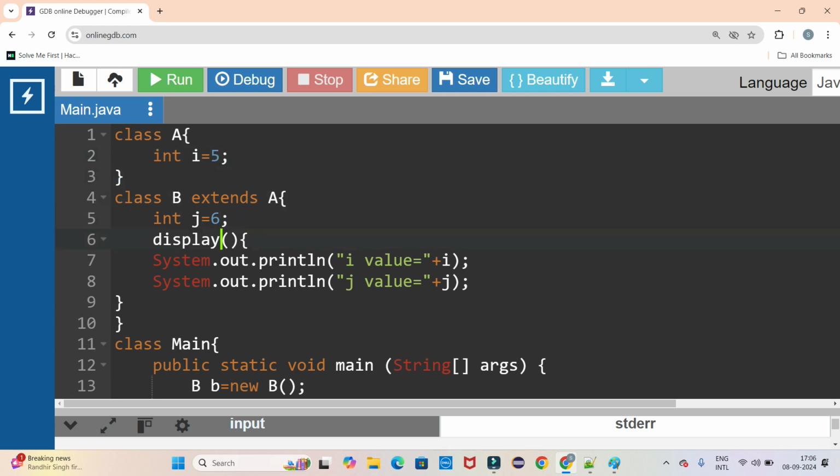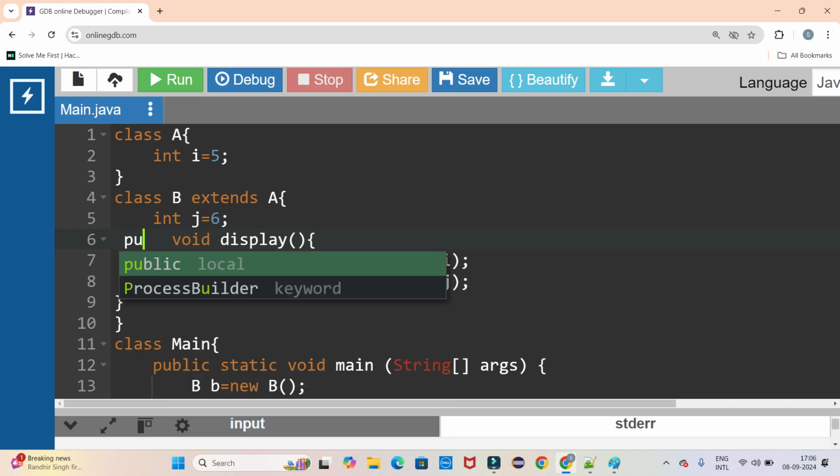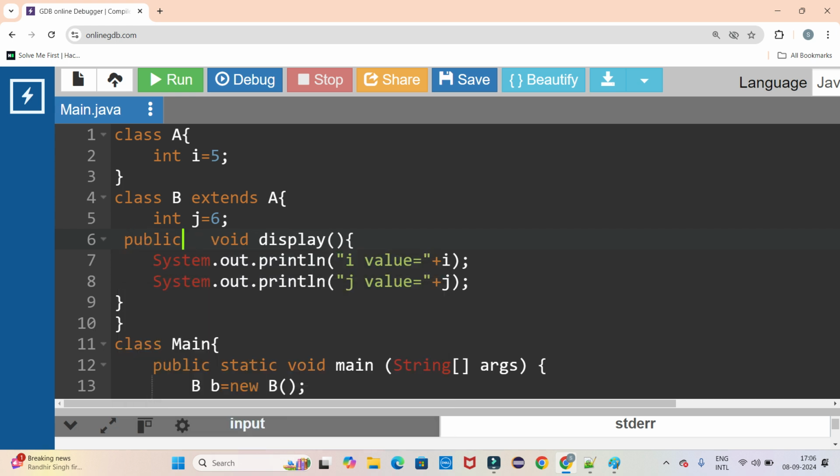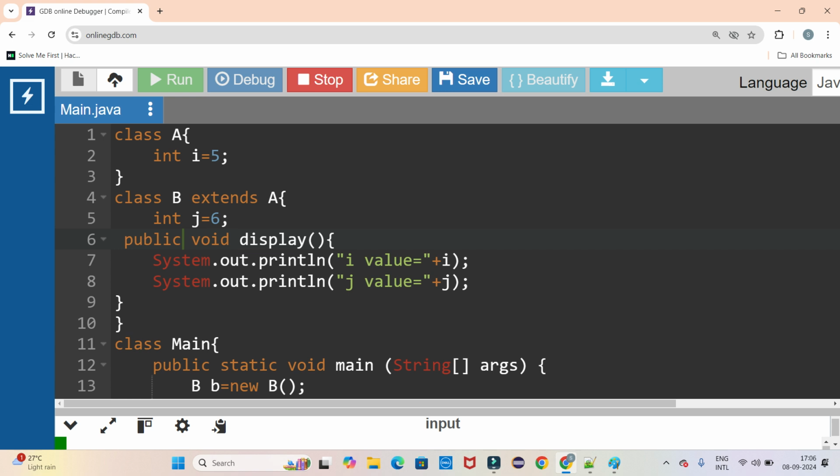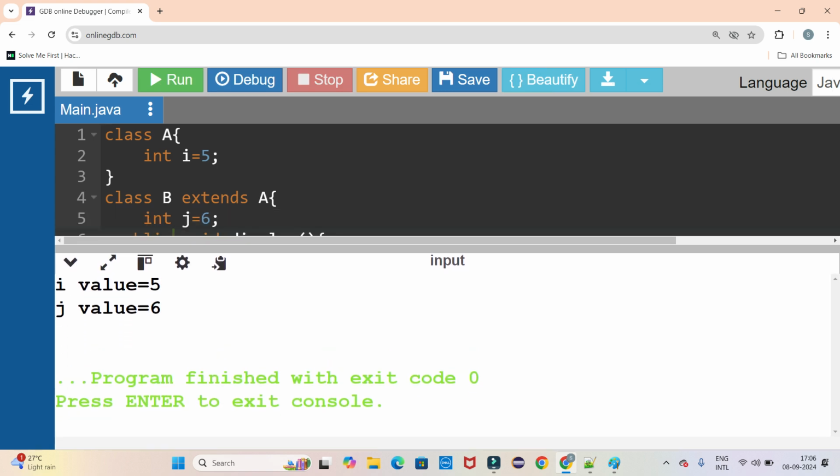I'll call it void public. I need to mention the return type here, only then it's going to work. Now if I call it, see,